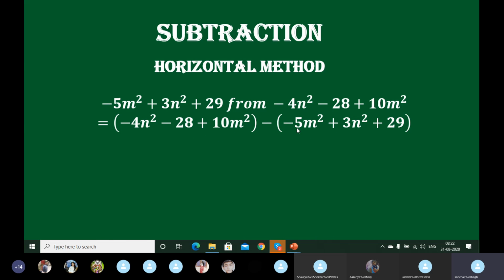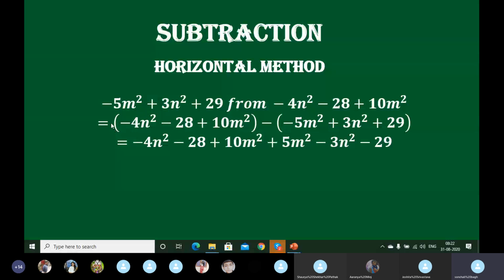See, in addition, you know that if an addition sign is outside a bracket, there is no change in sign. So we have just copied the numbers. But in case of subtraction, when a subtraction sign is before a bracket, all the signs inside the bracket change. Right or wrong? When a subtraction sign is outside a bracket, all the signs change. This is a rule or not? Bracket rule for subtraction.